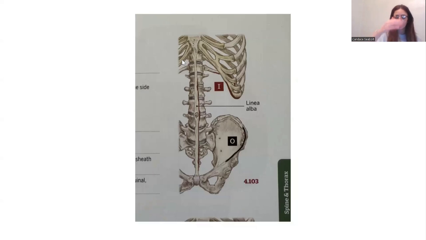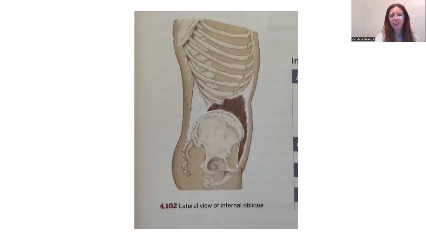For origin, it is going to originate on the iliac crest. It is also going to originate on the thoracolumbar fascia and the lateral inguinal ligaments. If we go back here, we're going to see that origin on the iliac crest in this general area. As for the line of pull, I'm unable to use animation or drawing here, so I drew a little version